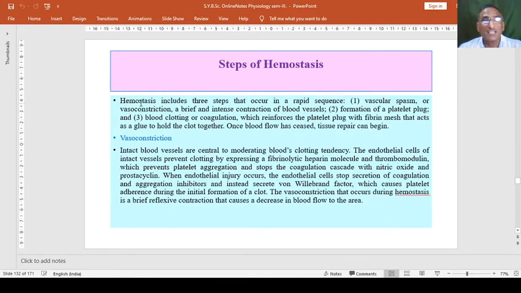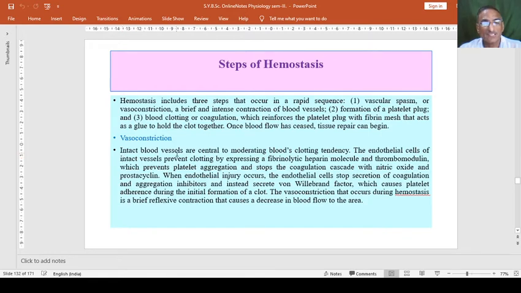In this way, hemostasis is completed in three stages, which reinforces the platelet plug with fibrin mesh or fibrin threads that act as a glue to hold the clot together. Once blood flow has ceased, tissue repair can begin. And in this way, hemostasis occurs. So what are these three stages? What is the vasoconstriction? First stage,